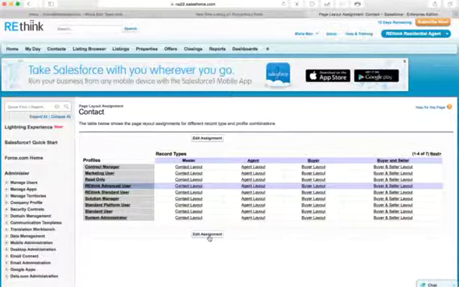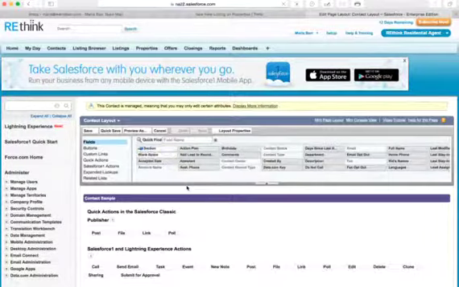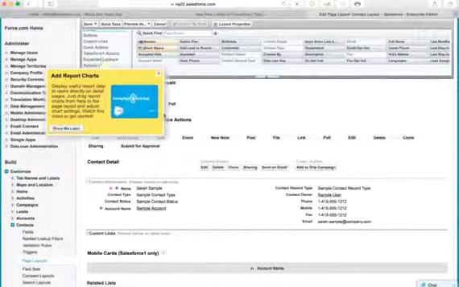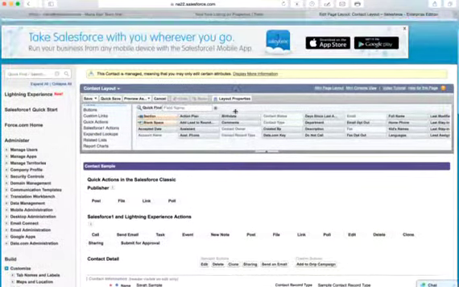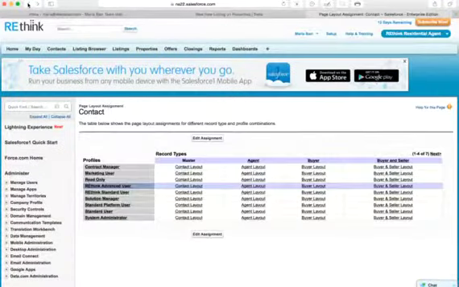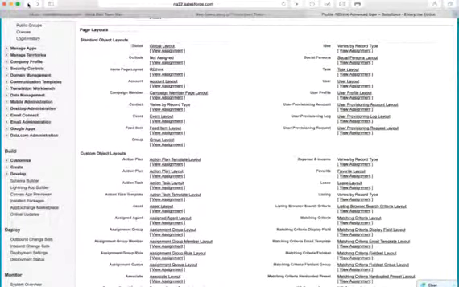I think these are just the layouts. It says contact layout. That looks like a good video to watch. I say show me later. Okay, I can always come back here. I was hoping that I would find the answer real quickly here, but